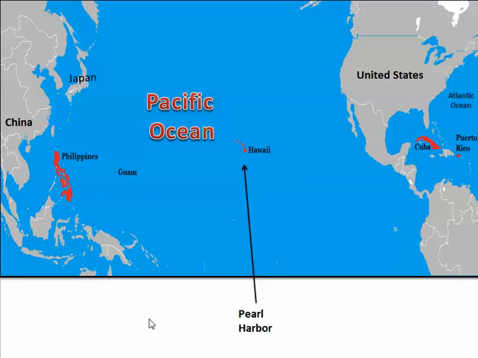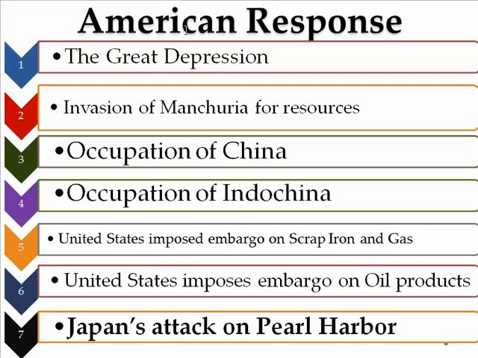Let's talk about this for a minute, and I know this is world history stuff, but we're going to do it anyway. What leads up to this? The Great Depression is going to cause Japan to hurt economically, just like it did every other country. But in response to that, this group of expansionists in Japan are going to lead Japan to invade Manchuria and northern China, and then occupy China, and then occupy Indochina, which is today Vietnam. And we looked at a map of that a few moments ago.